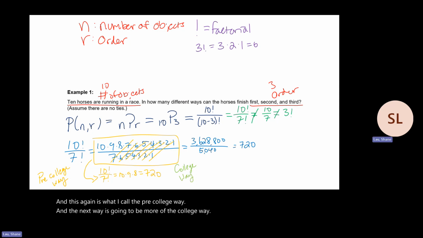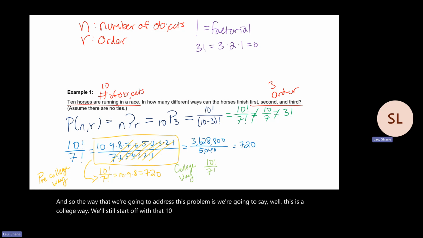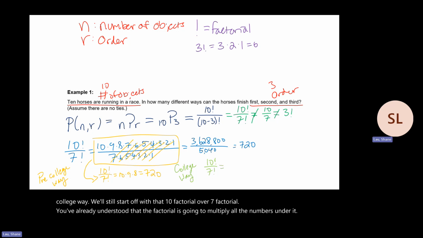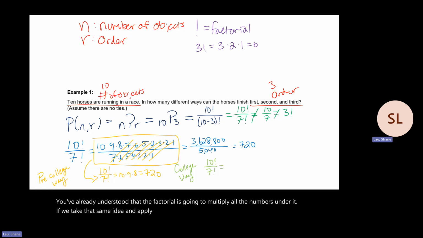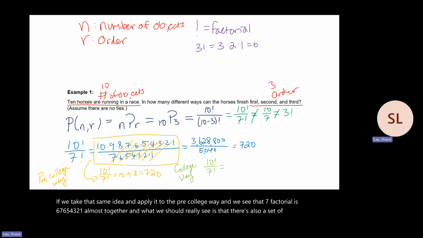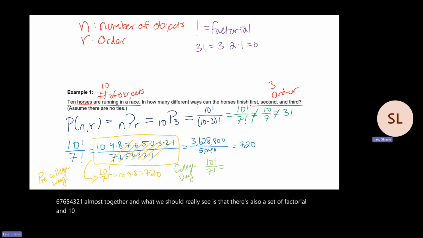And so the way that we're going to address this problem is the college way. We'll still start off with that 10 factorial over 7 factorial. And you've already understood that the factorial is going to multiply all the numbers under it. Well, if we take that same idea and apply it to the pre-college way, we see that 7 factorial is 7, 6, 5, 4, 3, 2, 1, all multiplied together. And what we should really see is that there's also a 7 factorial in 10 factorial. But it's slightly different. In this case, we're going to have 10 times 9 times 8 times 7 factorial